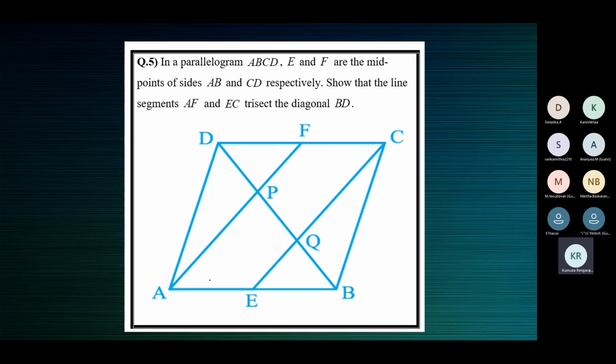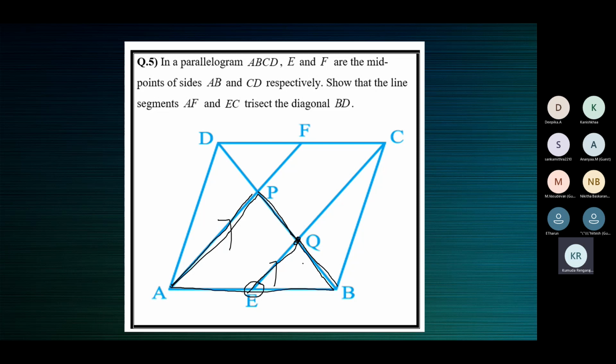Now take up the triangle APB or BPA, this triangle. We have another set of parallel lines here. Here we know that E is the midpoint of AB, given. Through E, we have a line EQ parallel to the second side of the triangle, AP. So by the converse of the midpoint theorem, Q is the midpoint of BP.